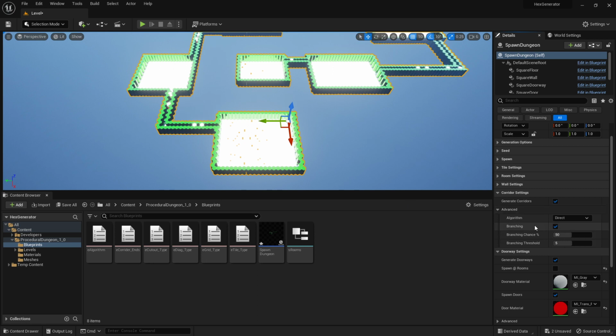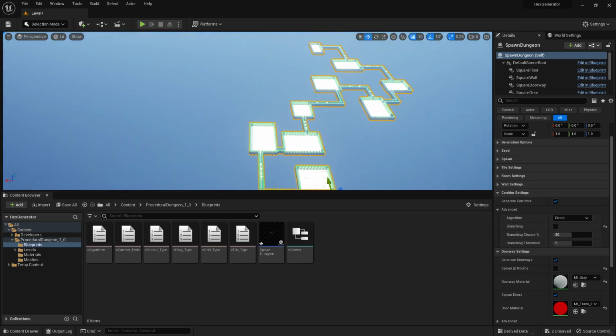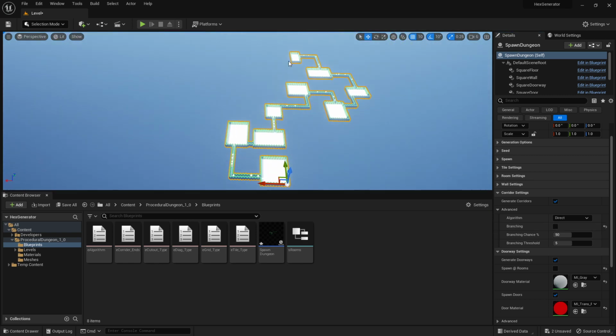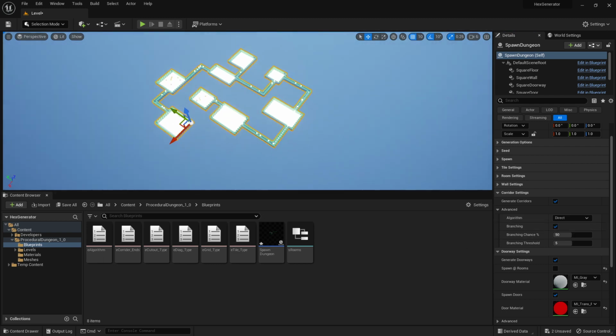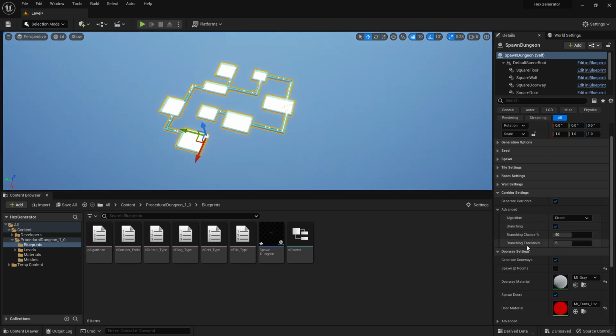Then a branching chance. If you set it not to branch, it will create a linear dungeon, start A, end B. If you choose branching, every so many rooms, which is defined by the threshold, every 5 rooms,